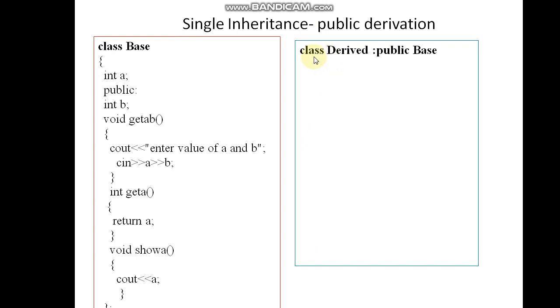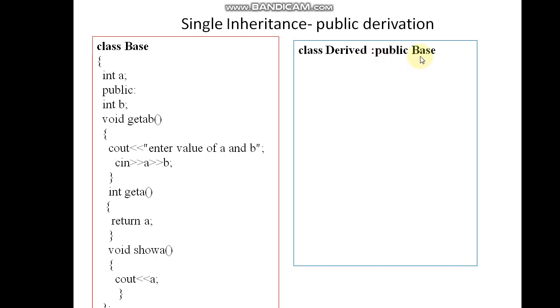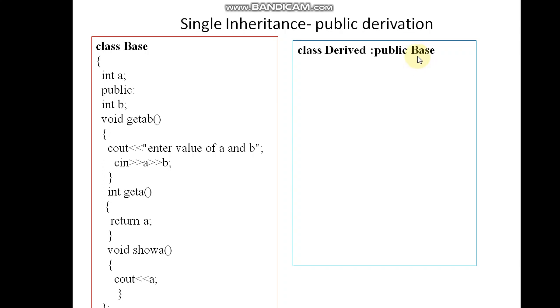So defining the derived class, first we have keyword class, then derived class name, that is derived, colon, then we have a base class. We are going to inherit the properties of base class into derived class publicly. So shortly we will see the meaning of this public derivation. Along with the inherited properties from base class, the derived class can have its own members. So C is a data member which is a private